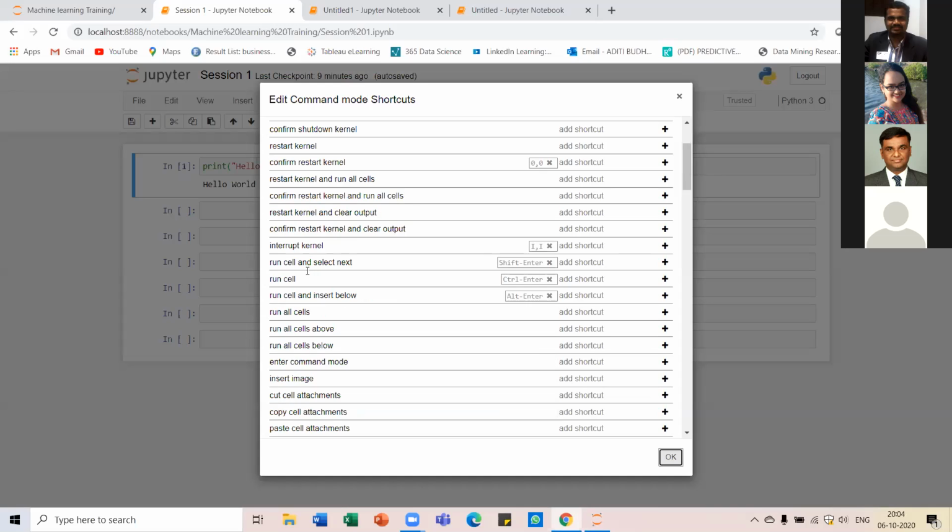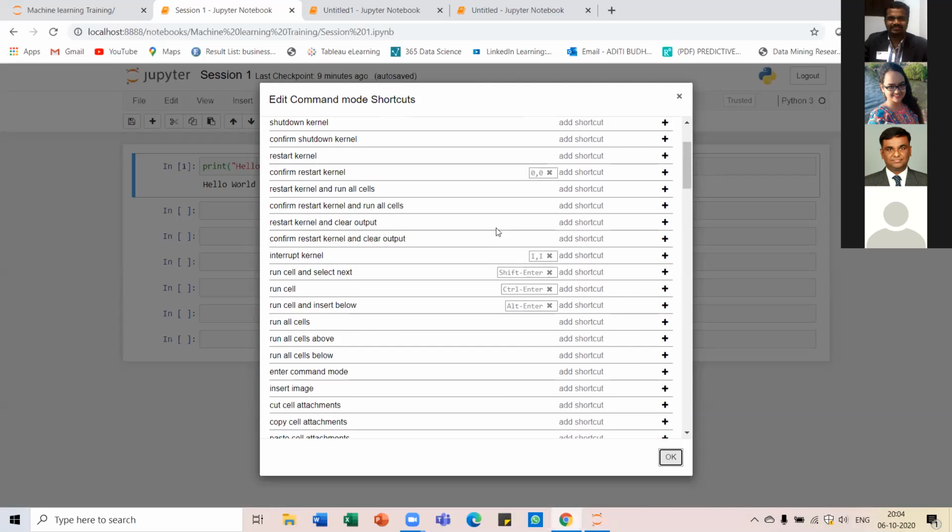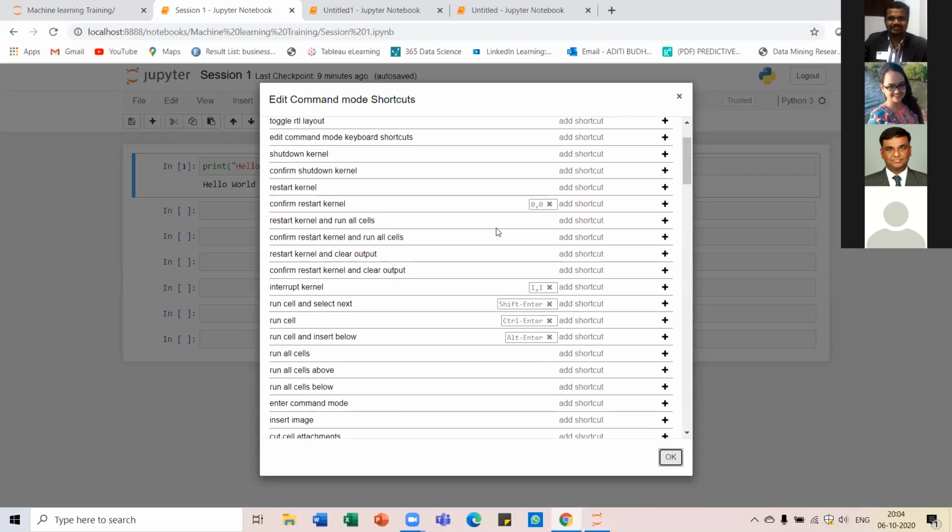So I usually use Control Enter as my shortcut, but you can modify this as per your convenience. So you can do this later.